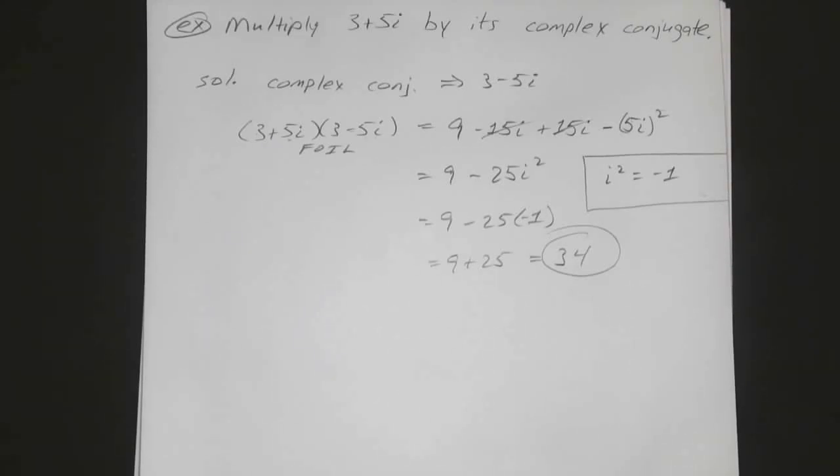Okay. We don't have to put it in a plus bi form since we already knew that multiplying two conjugates will give us a real number. Okay. Now, if you wanted to just use the previous formula,